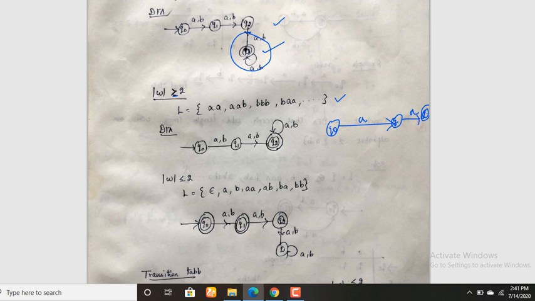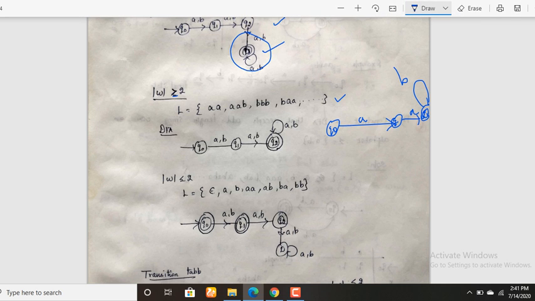That is Q2. For A, B: what is B? Just put it in a self loop. Next, B means, what is here B? I just add comma B here, then again I add comma B. Then B again only. Then for B, A, what about A here? I add A here. So this is your complete DFA for the problem, length of strings greater than or equal to 2.